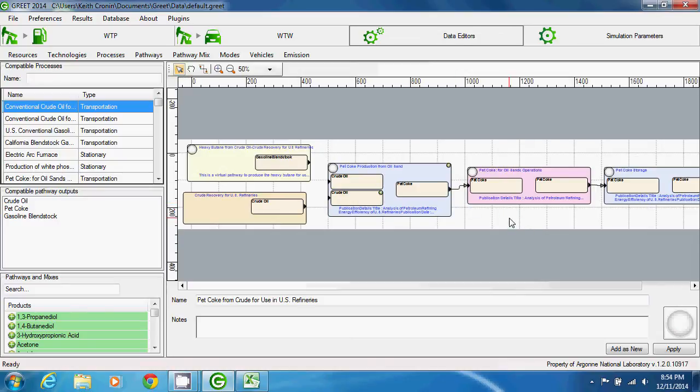A quick side note, you don't have to match the output amount of one process to the input amount of the next process. As long as they're the same resource, GREET will calculate the correct amounts according to the final pathway output. Now notice that there are two inputs for the new production process that uses oil sands, and both